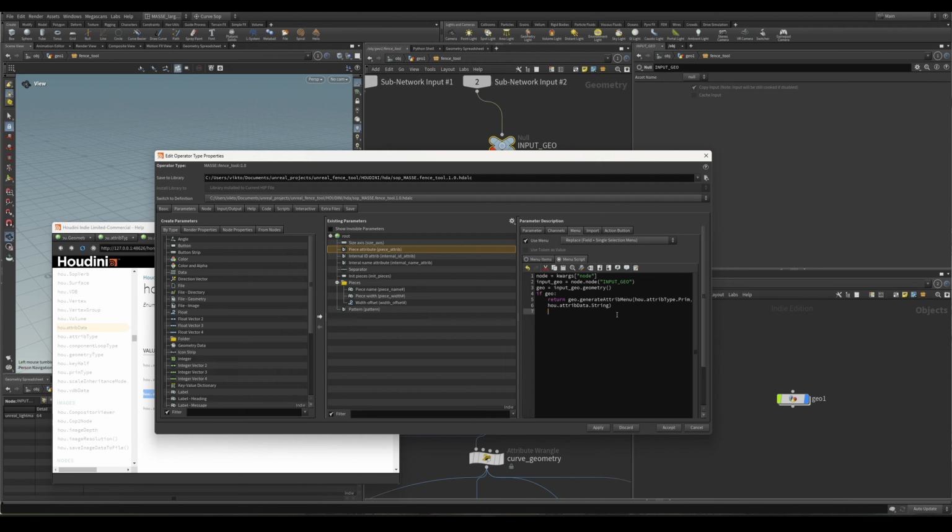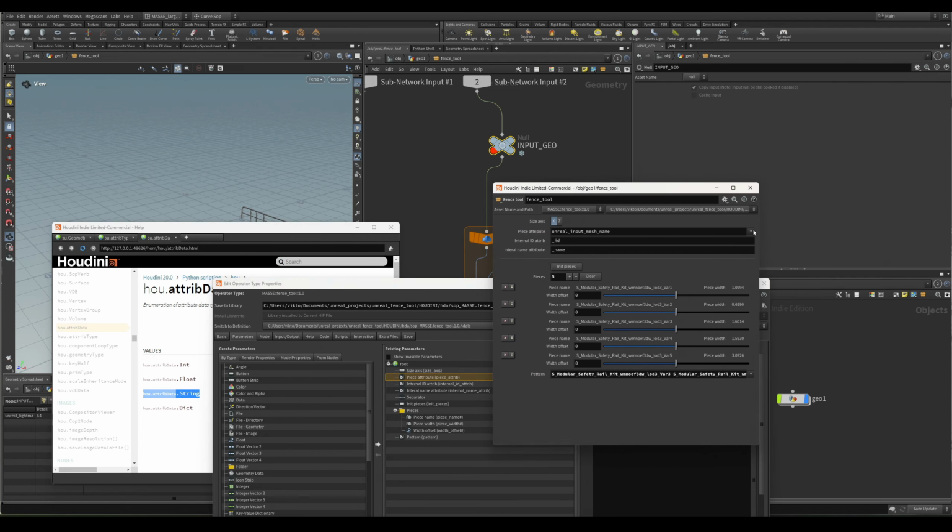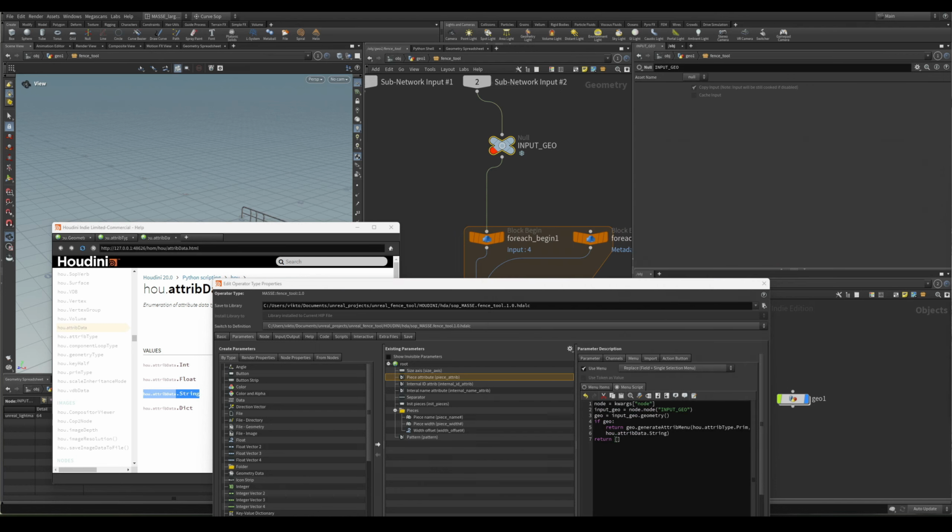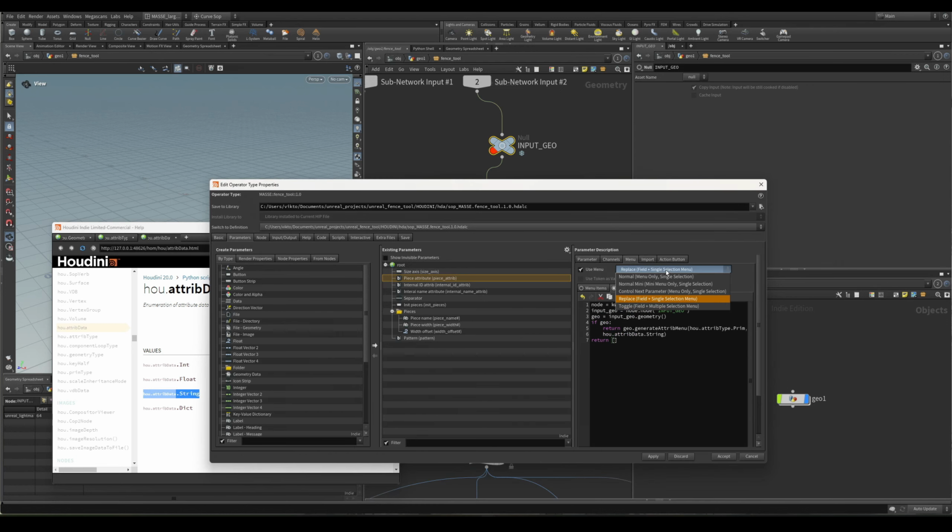So, and if there's no geometry, you want to return an empty list, like that, and then just apply it. Let's take a look at our menu. So this should now have everything inside here. And to make sure that we do not write a piece attribute that's not valid, we can probably put this to the